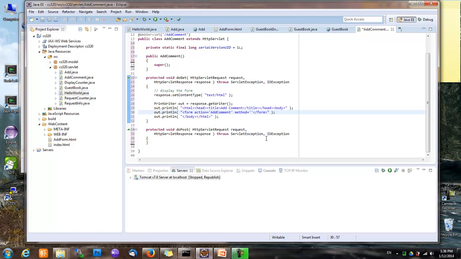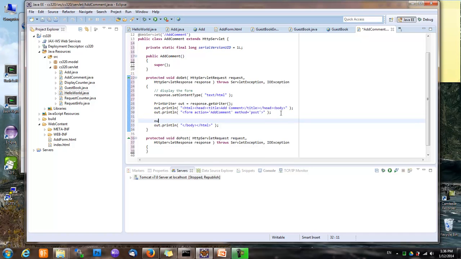And since we are going to use the doPost method to process the form, the method here, of course, needs to be post. And let's close the form, and